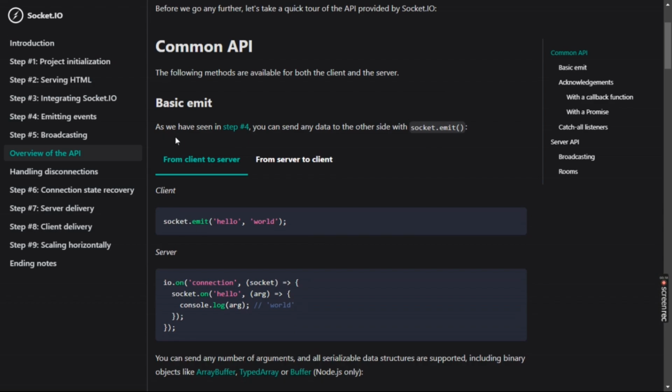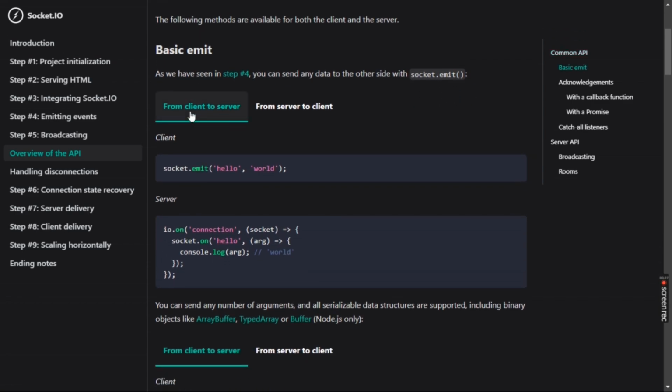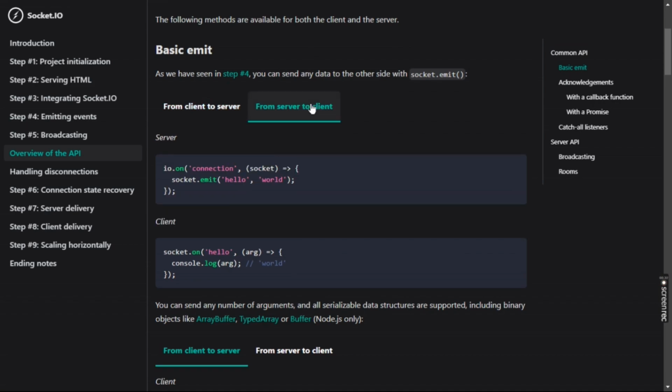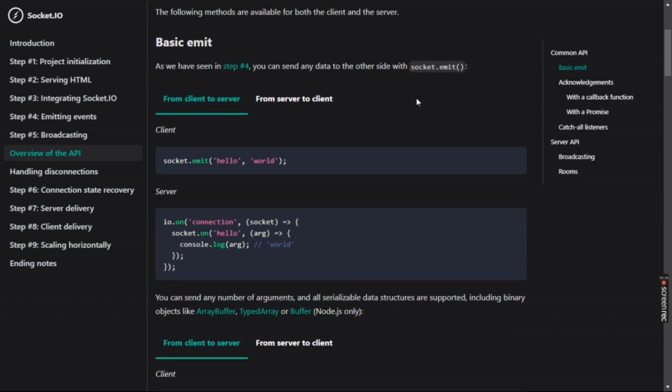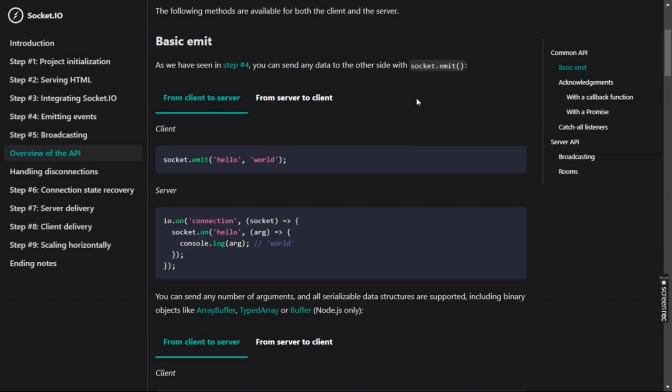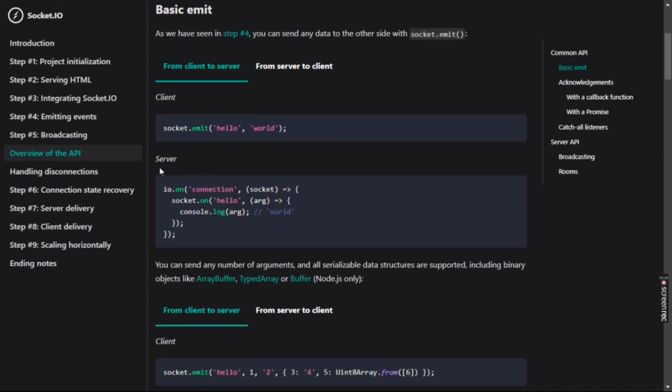Basic emit, as we have seen in step 4, you can send any data to the other side with socket.emit. From the client to server, from client we send this message, and from the server it will be this. So you can see both messages from both client and server side. How does it look? The socket emits, and on the server side you can see that the code just